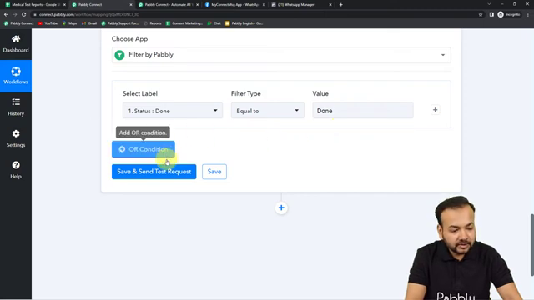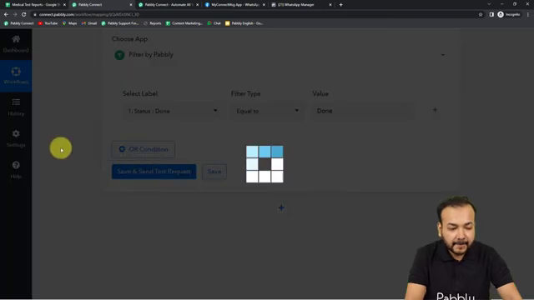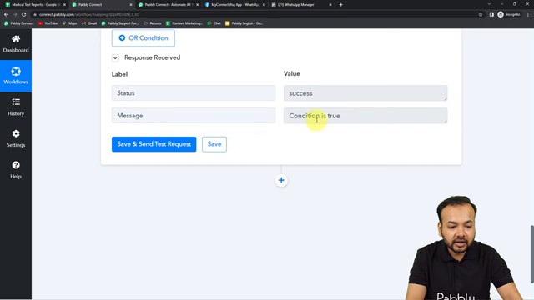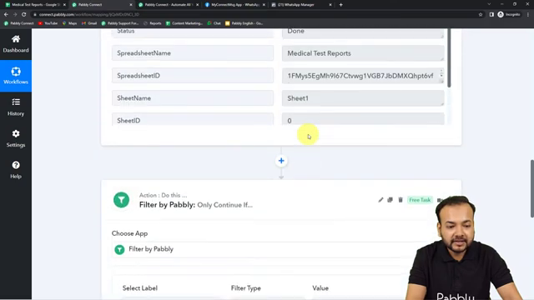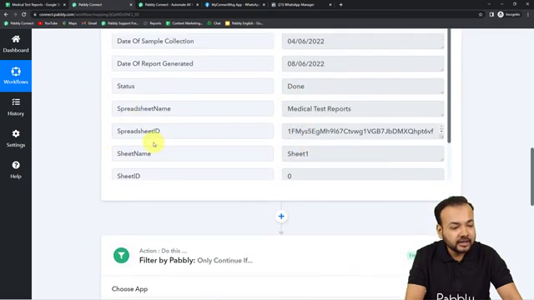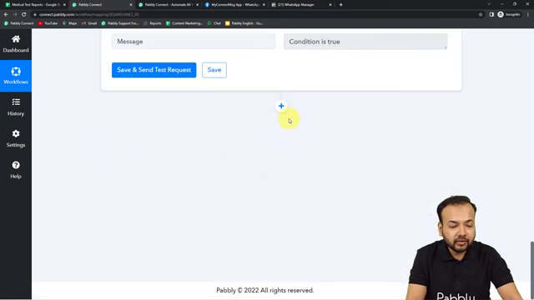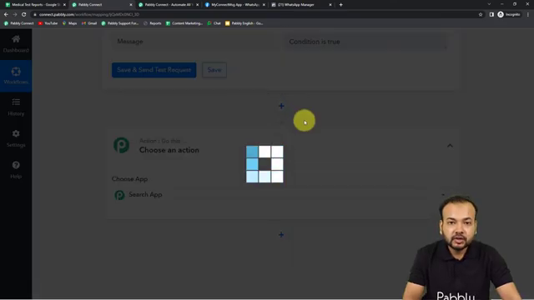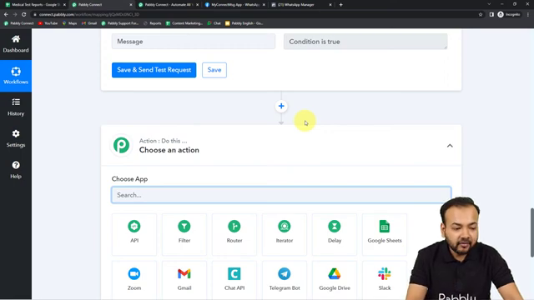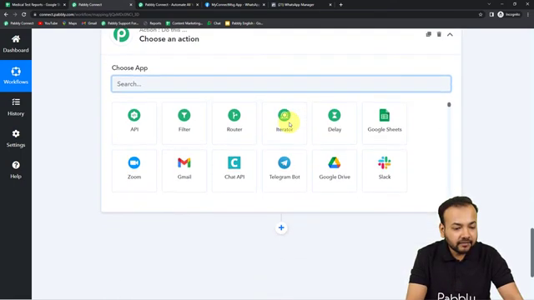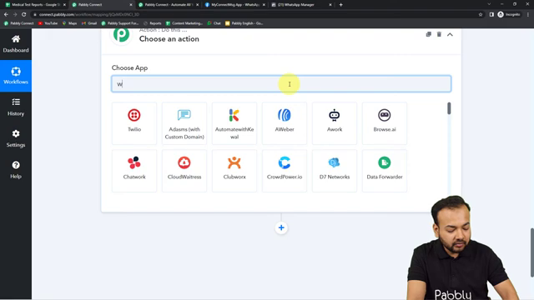Okay, so just click on save and send test request, and you can see for now the condition is true because we have received the status as done here. Okay, so this workflow is going to continue, and now we want to send a message to the customer on WhatsApp. For that I have opened another action step, and from here you have to search for WhatsApp's